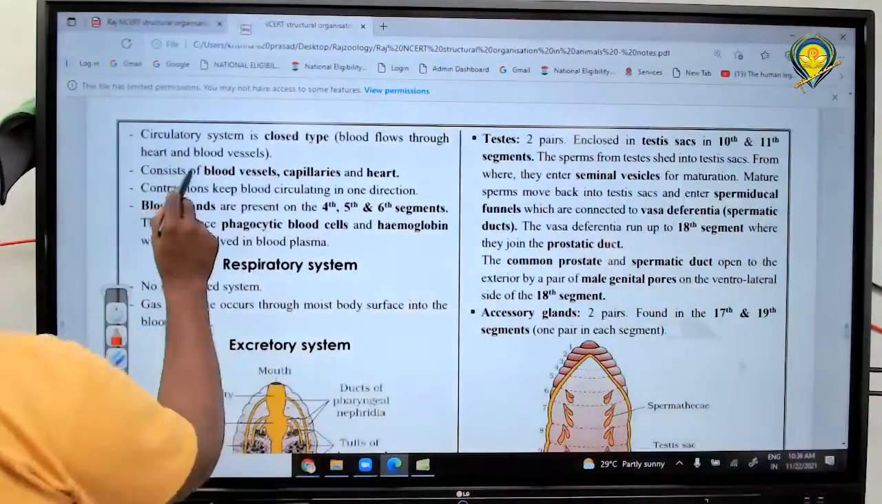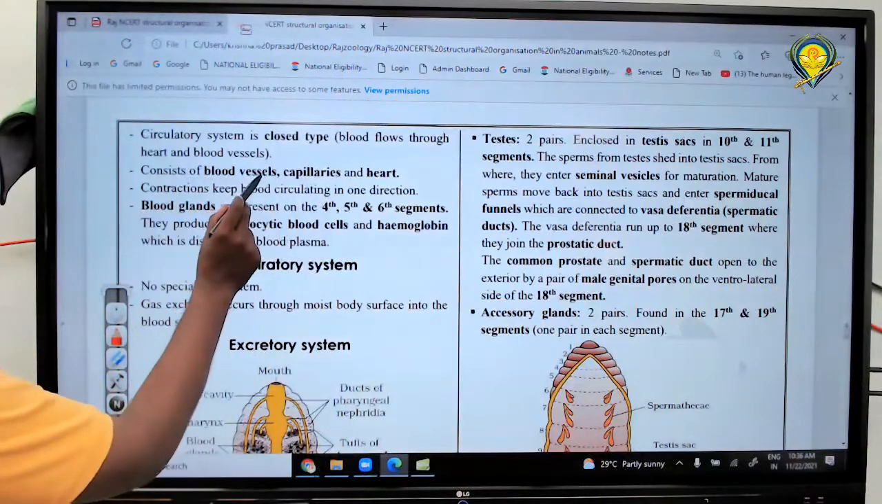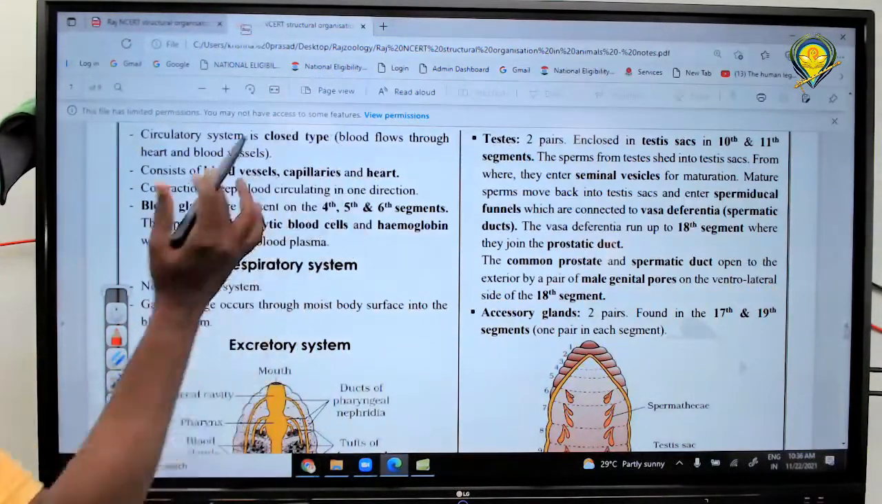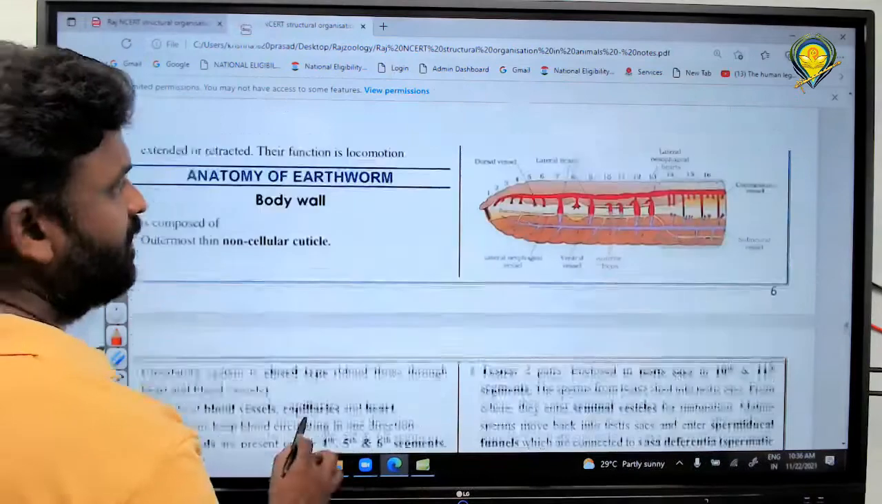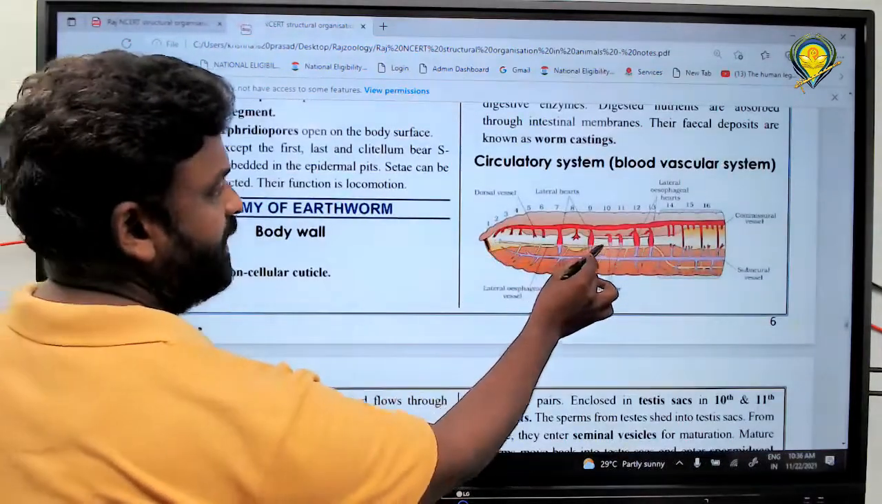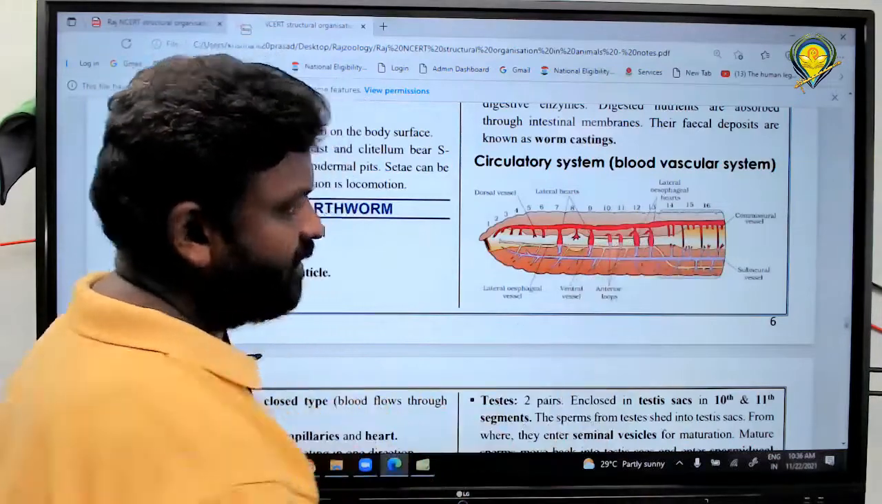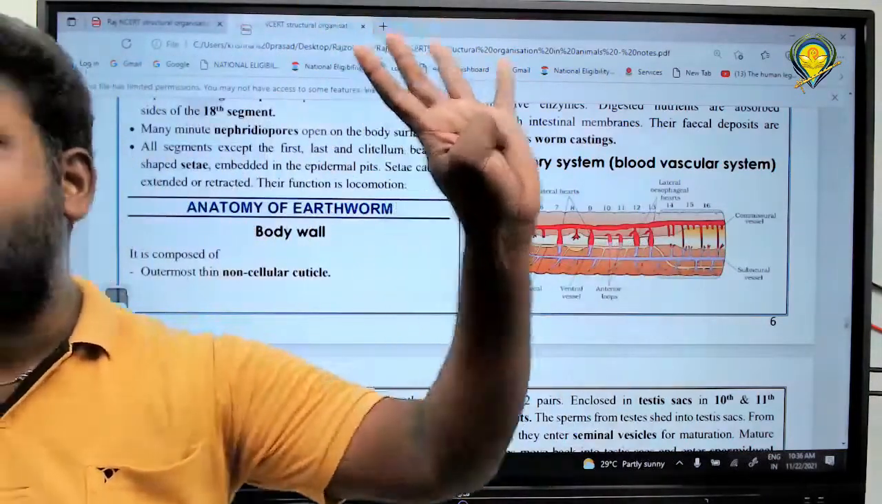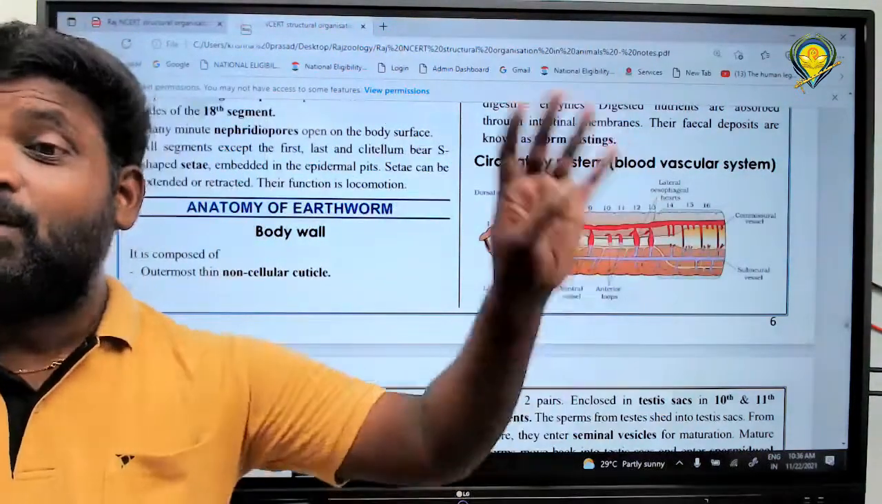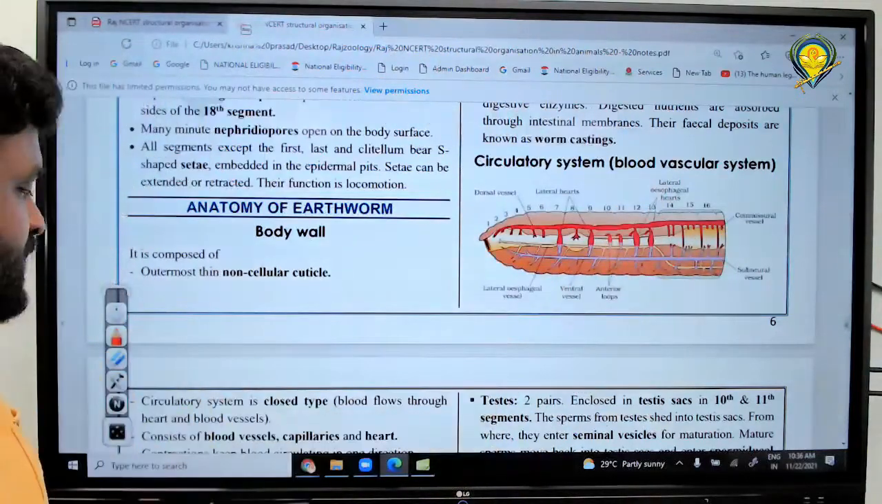And actually it consists of what? Blood vessels, capillaries and heart, as you have seen here. Blood vessels and capillaries and definitely heart. You can see here lateral hearts and esophageal hearts. How many pairs? 4 pairs of hearts are present there. Got it? The next one,